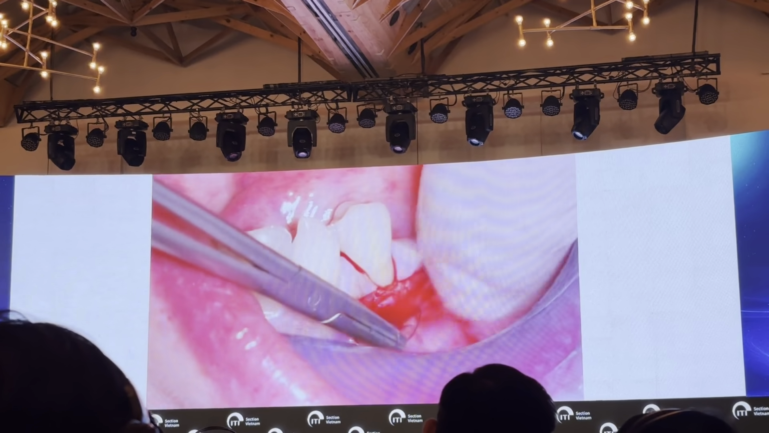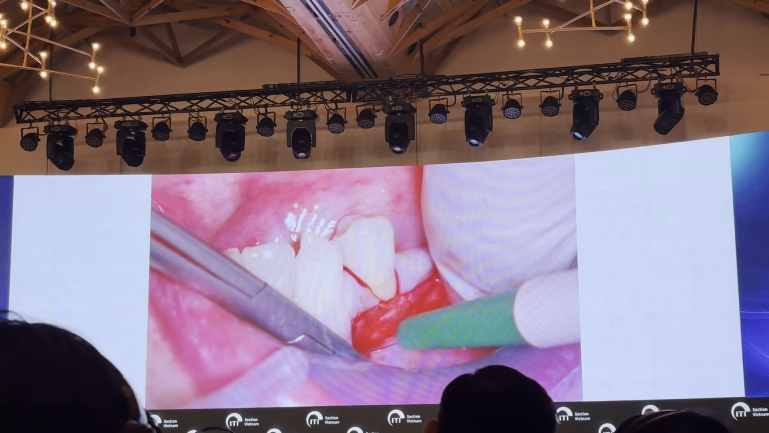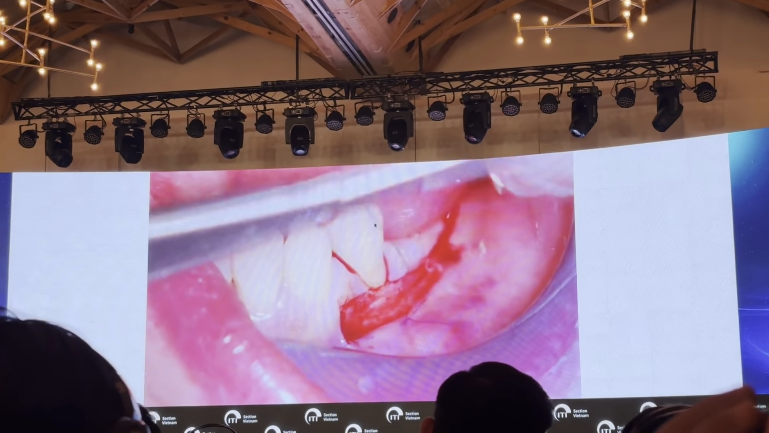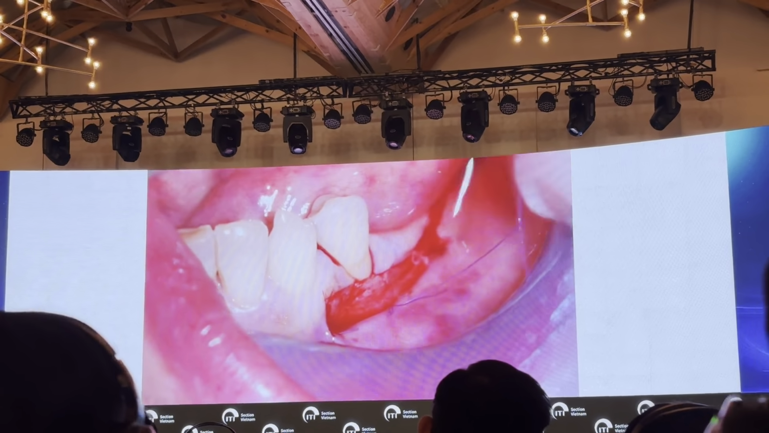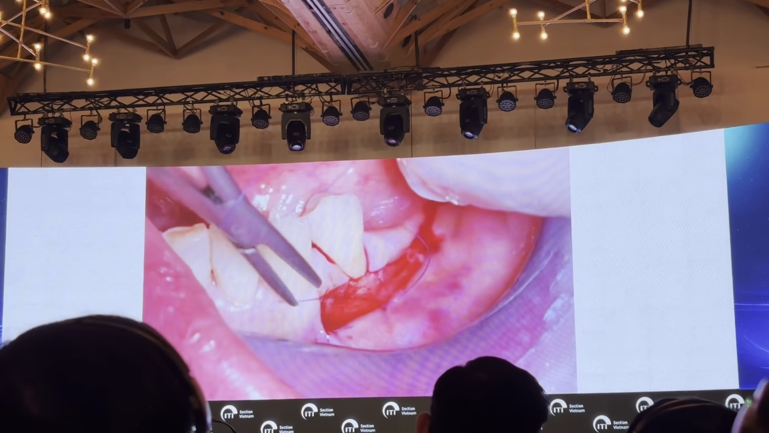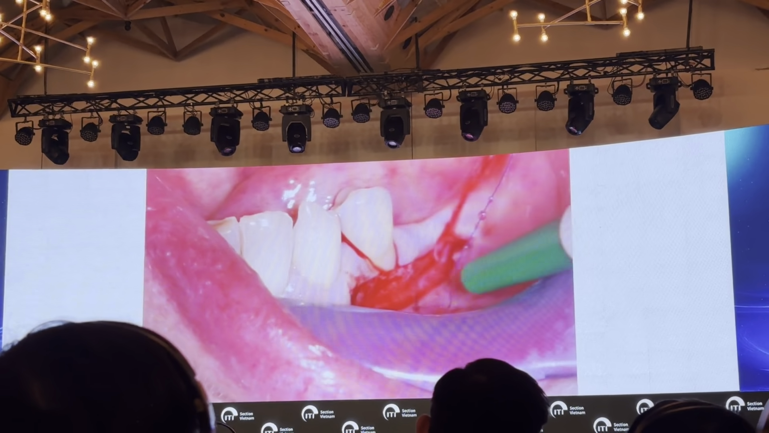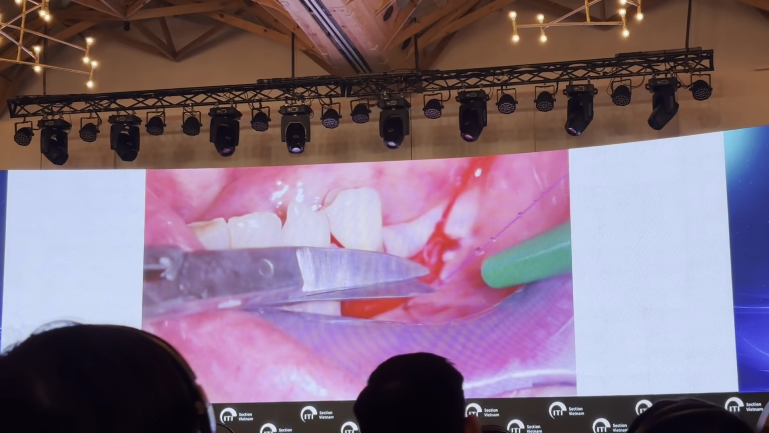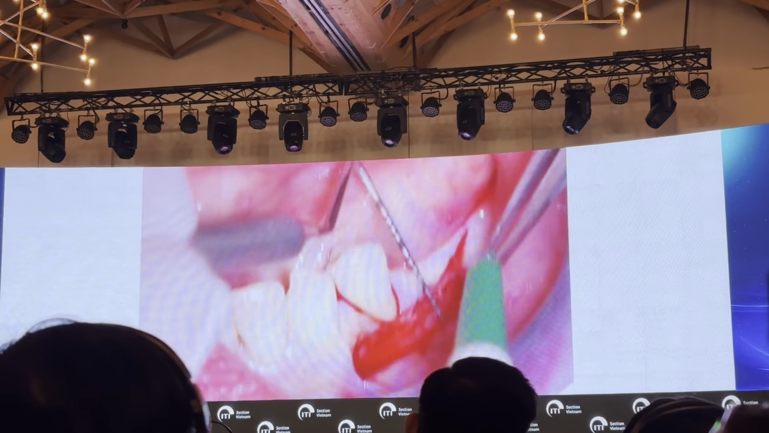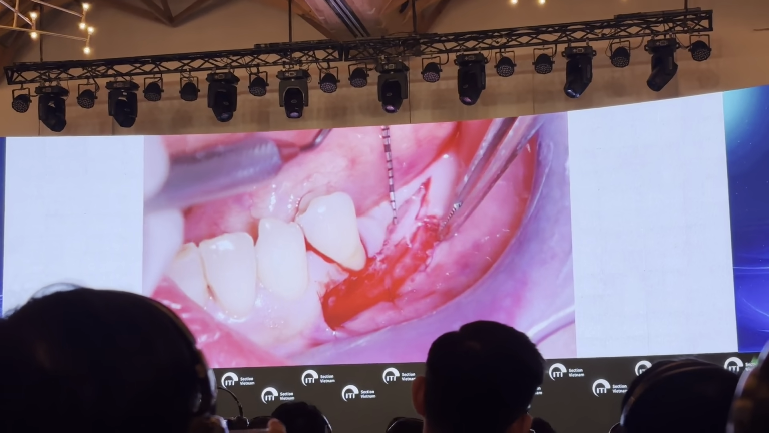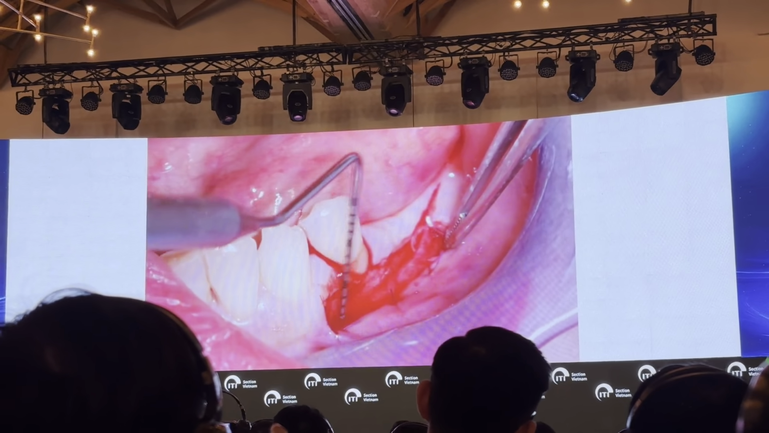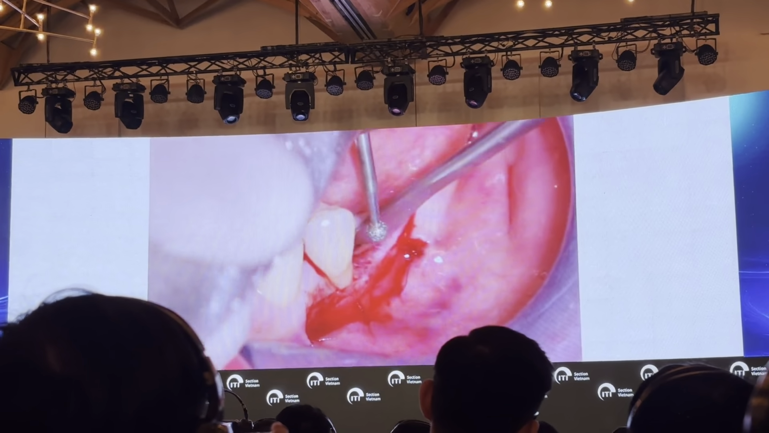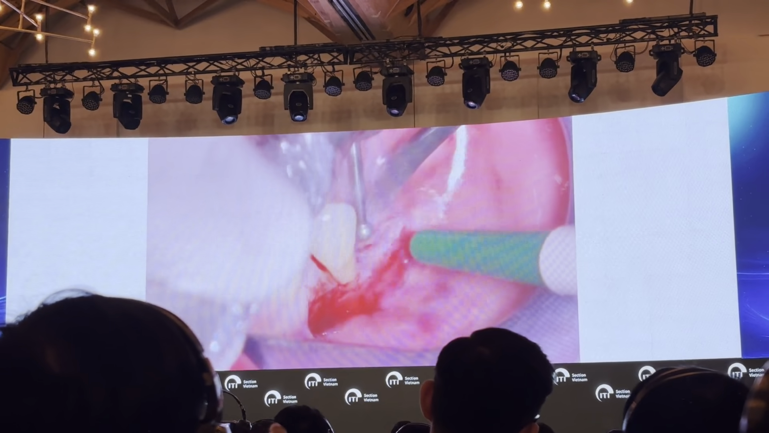You don't have to obtain a first intention closure. What is important is to obtain the stability of the alveolar mucosa in the apical position. So one more suture on this distal aspect, and then we can see the recipient bed, and now we can place the implant